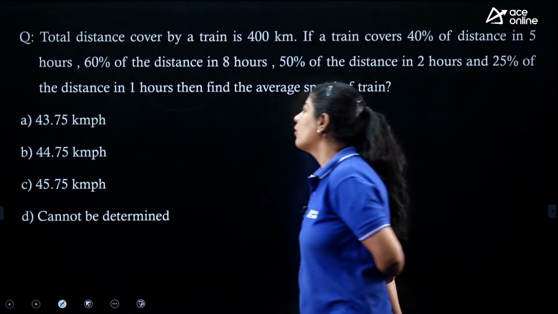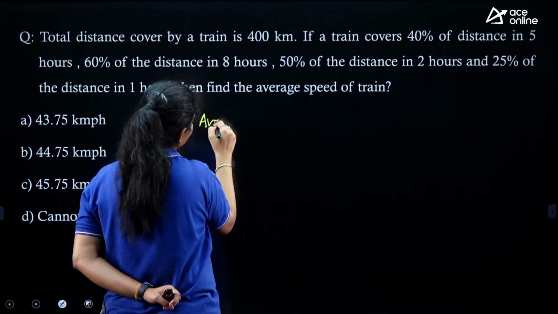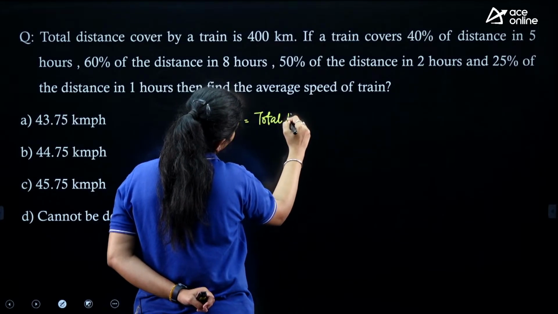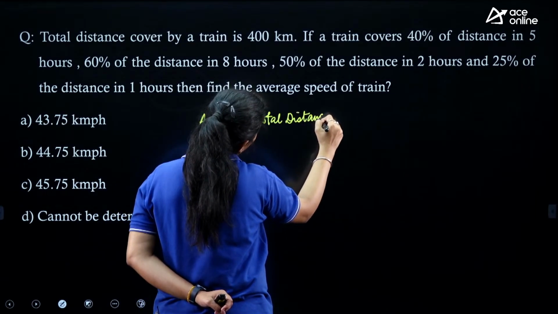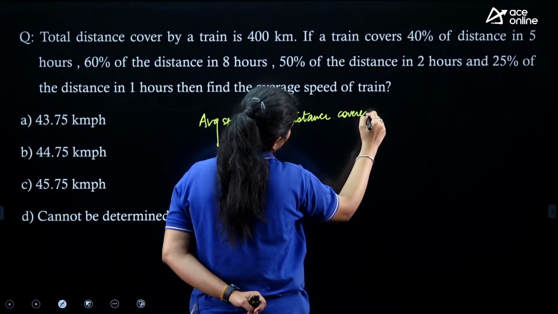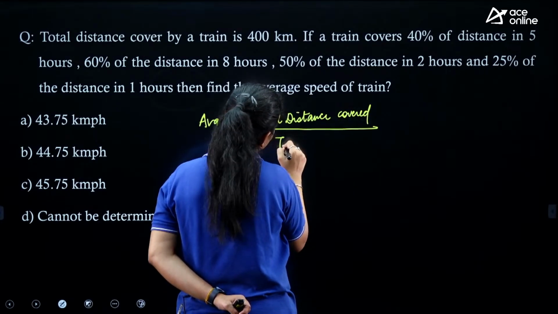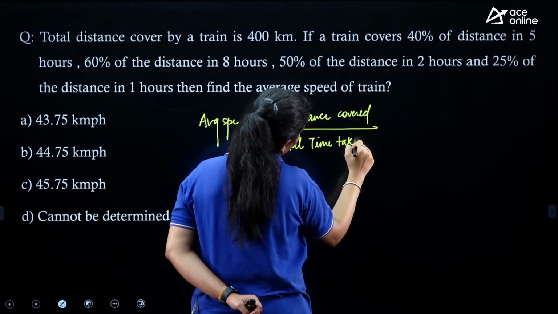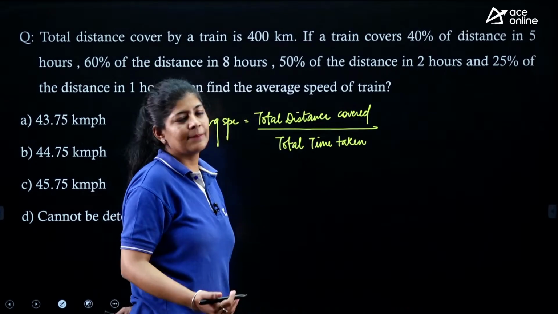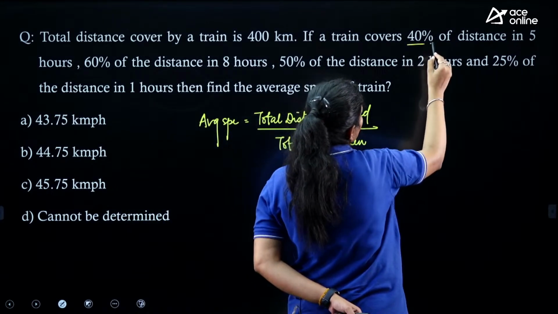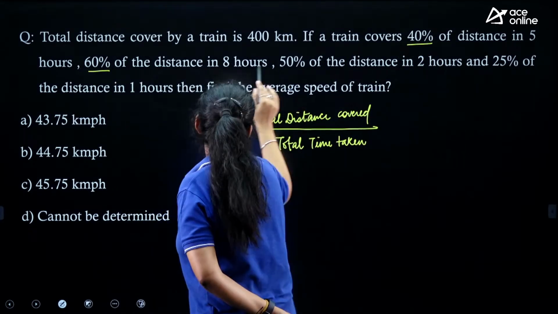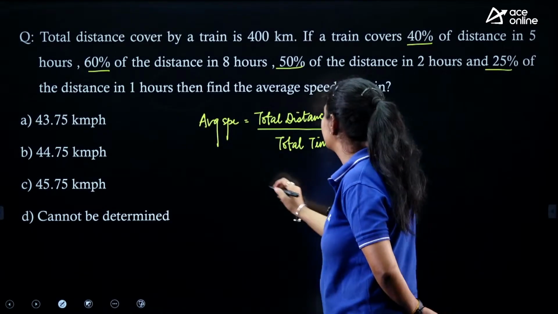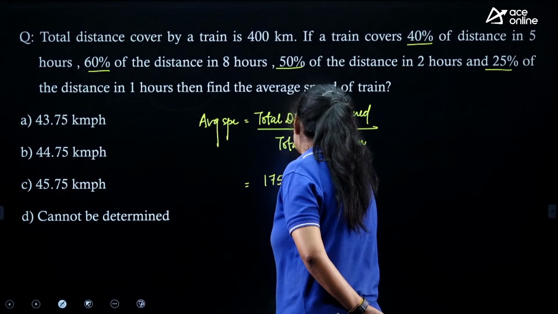We know that the formula of average speed is nothing but the total distance covered divided by total time taken. Here, instead of writing it separately, we can simply add these values: 40 plus 60, 100; 100 and 50, 150; 150 and 25, that is 175, right? So 175%